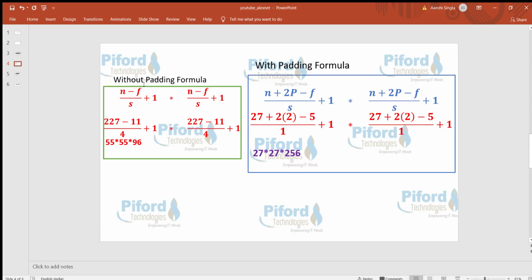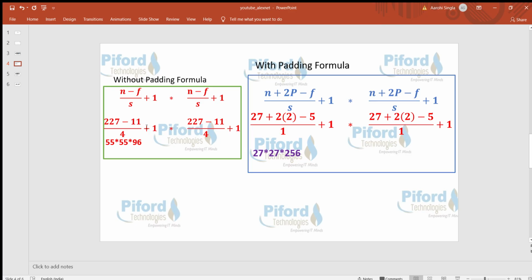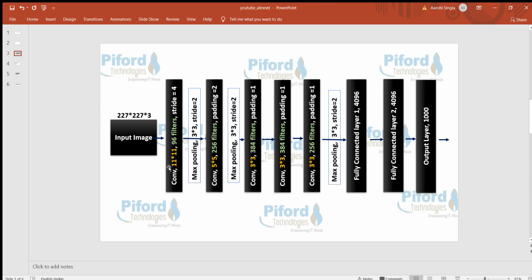n is the image size, f is the filter size, s means stride. What is the stride in the first layer? 4 pixels. So we put 4 here, then plus 1, and the same thing again. After that we get 55 into 55 into 96. This is the image dimension after solving the first convolutional layer.